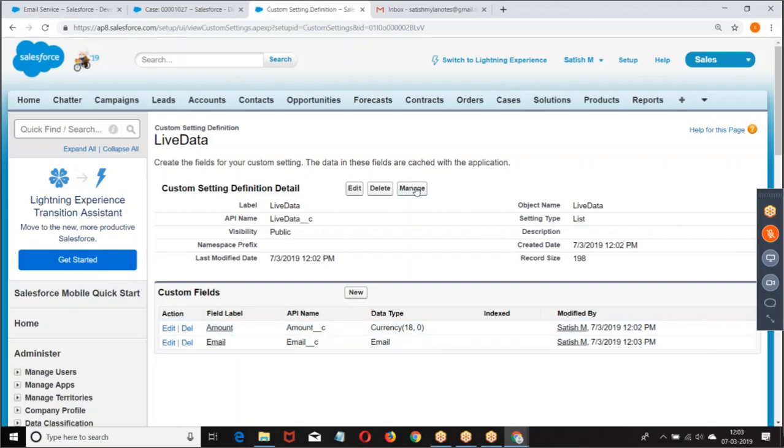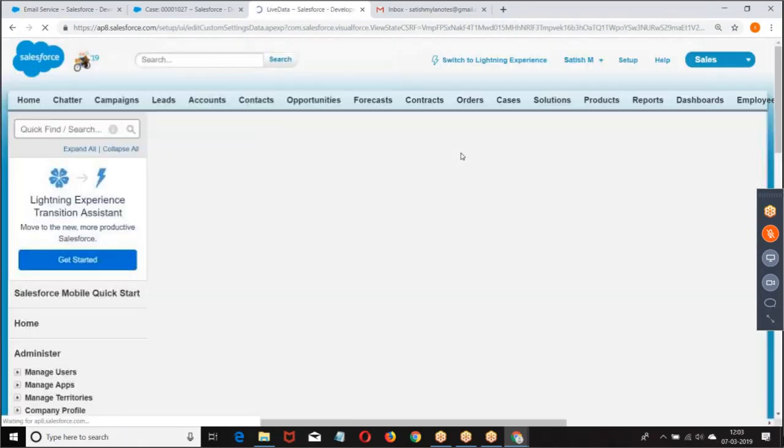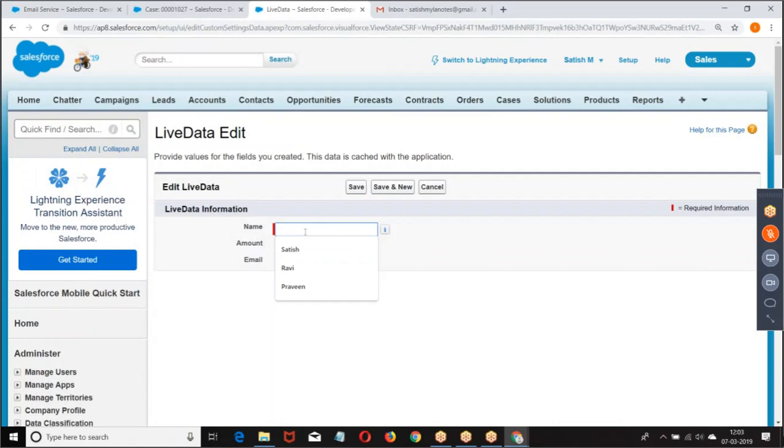Then what do we have here? Mails, new, $10,000 email. We are storing the data.